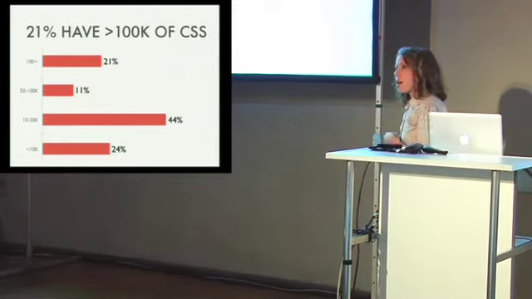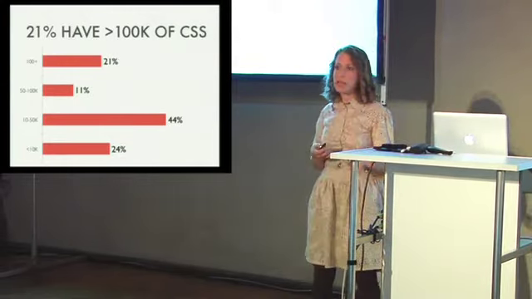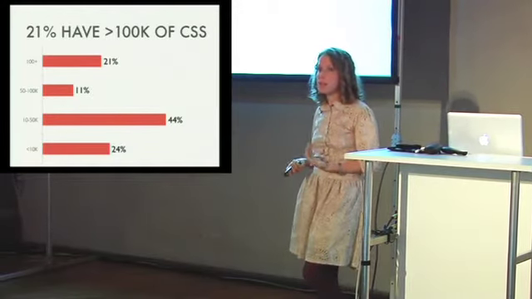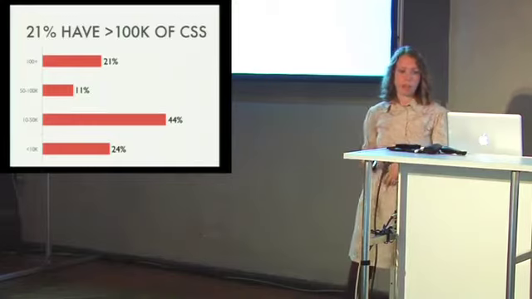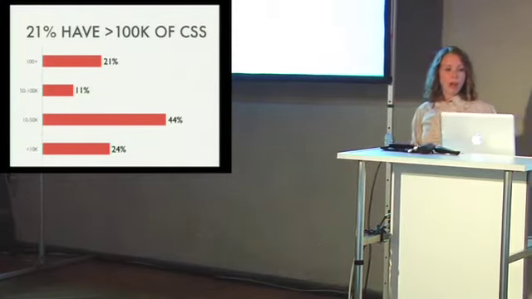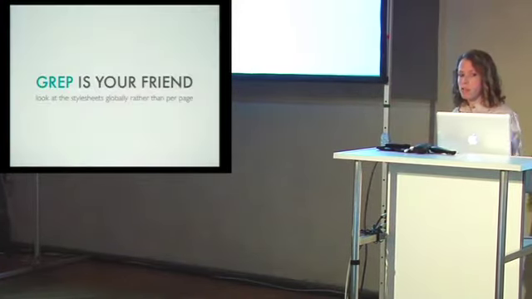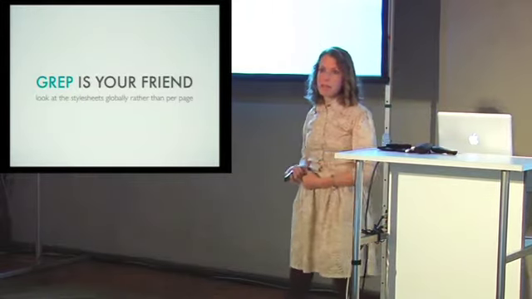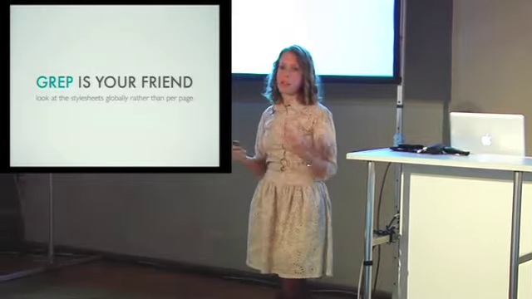So these things that I've just showed you, you can use YSlow or Page Speed to figure out where your site is at. There's stuff that we've known about for a long time, but as it turns out, we're still kind of screwing up. But when you want to test more advanced stuff, I find that grep is the best way to do it. Basically, I want to be able to look at all my style sheets in one go.